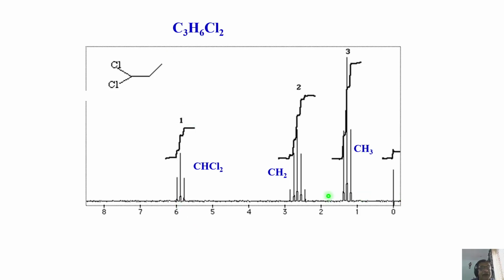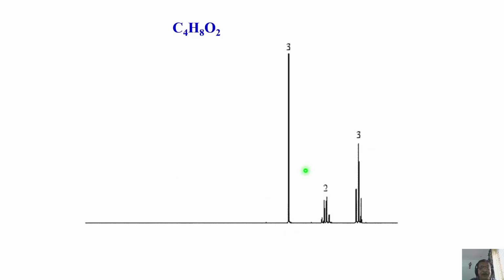Sometimes a very simple molecule can be complicated. When you look at the spectrum, you will be wondering what the CH2 is coupled to. Then immediately you say it is attached to CH2. Then what is this pentet? You must understand immediately: this must be a proton coupled to 2 types of protons. That's how you should start the analysis. I hope you agree with me. You all are with me, huh?